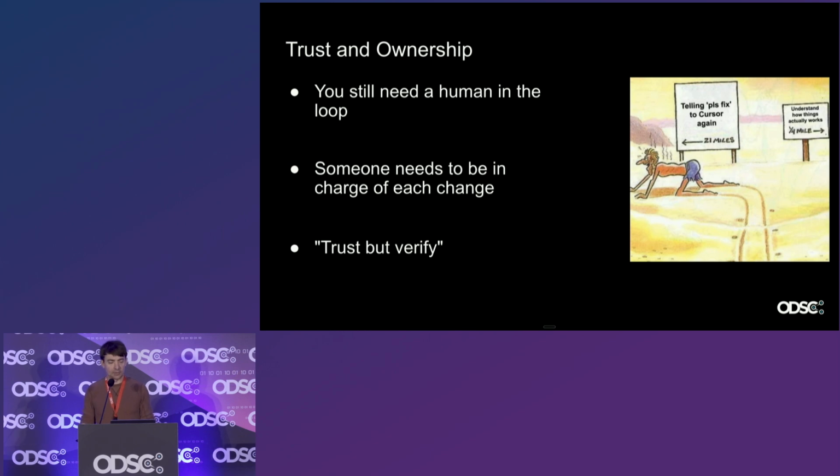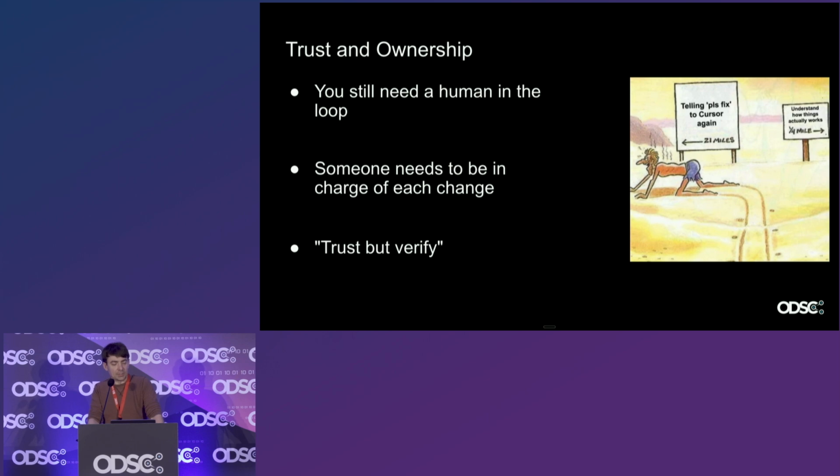Digging into that a little bit further, I think it's really important to talk about trust and ownership in the world of AI-driven development. In particular, I think it's really important to understand that you do need a human in the loop. These agents make mistakes in ways that aren't always intuitive. They make mistakes that would be silly to your average human being, even though they're also intelligent in ways that are just totally inscrutable to us.